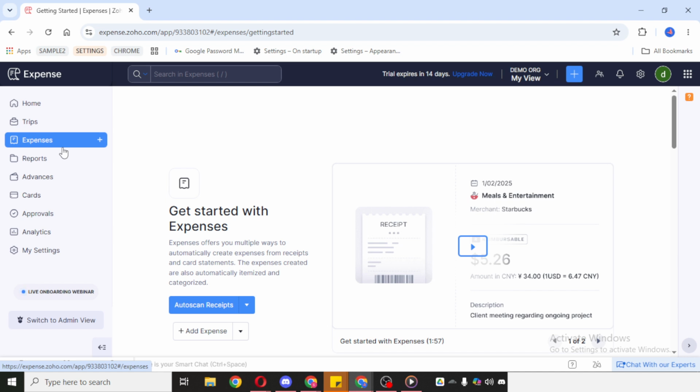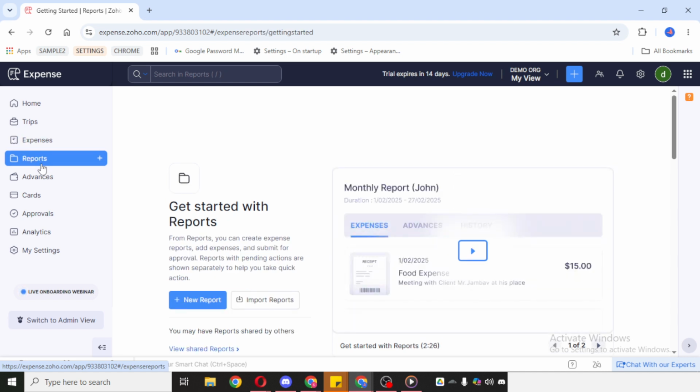After that, click on Reports. This is where compiling happens. In other words, this section brings your expense information together, so it can be reviewed in a more structured way. You can also create a new report here and share it when needed. This is especially helpful when you need to submit expenses for approval or provide a summary of spending. A well-organized report can make the review process much easier and help ensure nothing gets missed.